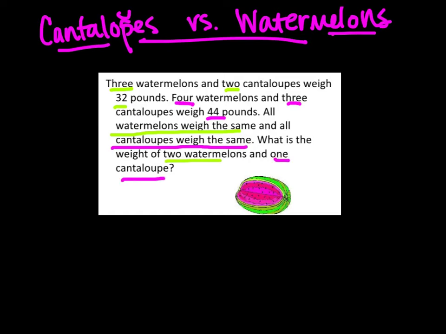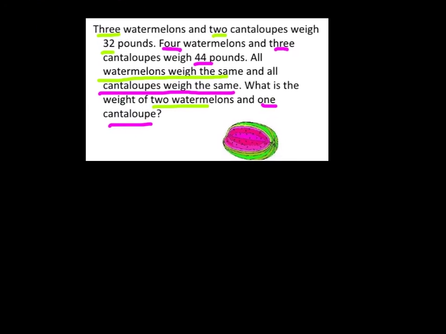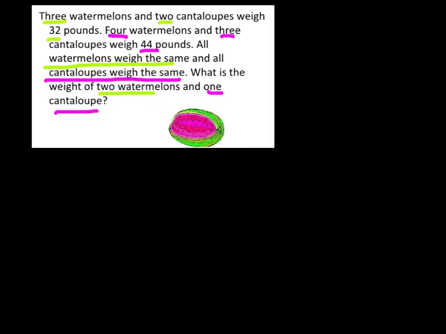All right, so let's do a little bit of math. Let's set these up with some symbols or some drawings that can help us. I'm going to do my watermelons in pink. Here's 3 watermelons to describe the first scenario. Let's try to make them a little prettier, a little less almond-shaped. I'm just going to turn them into circles. We have 3 watermelons, and we have 2 cantaloupes. So here are my cantaloupes, and they weigh